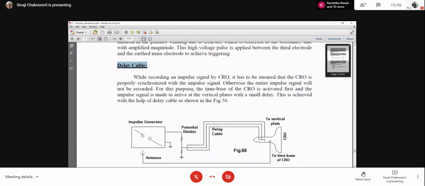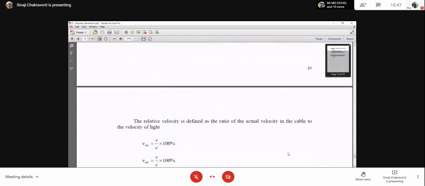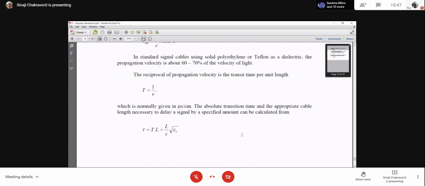Later on, when you come to the laboratory, or if you have the opportunity to come to the laboratory, this would be shown to you, what this cable and all these things are. Now, I think at this point, I have to stop this one, and I will show you something else, a little bit of practical aspects. But do you have a question on this part? Anybody has any question?